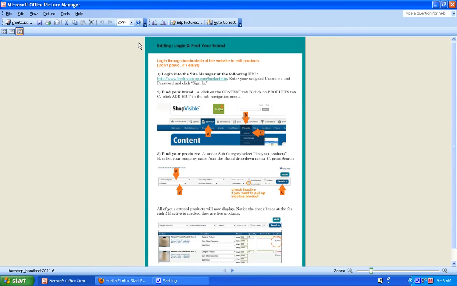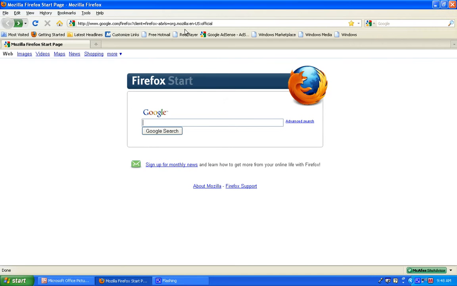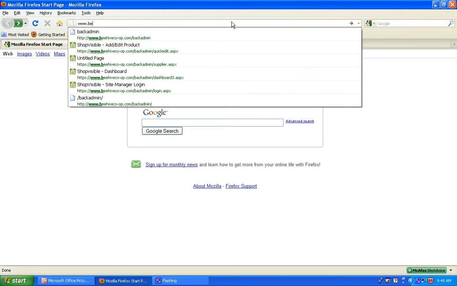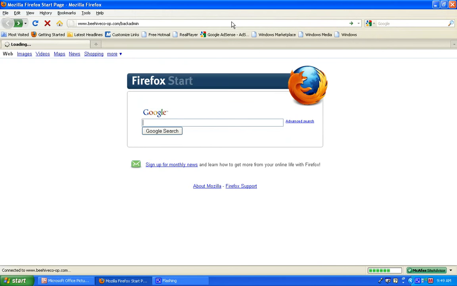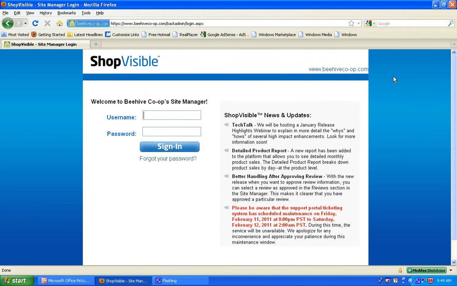So editing, log in and find your brand. Down here in orange, log in through back admin of the website to edit products. You can do this by opening a browser window. We definitely recommend the latest, most current version of Firefox. Typing in the URL www.beehiveco-op.com, but also /backadmin. Adding that to the Beehive Co-op URL takes you to the administrative end of the website, Shop Visible,